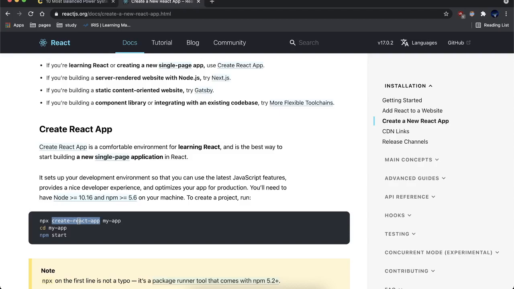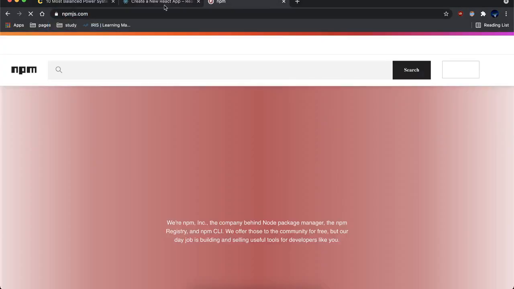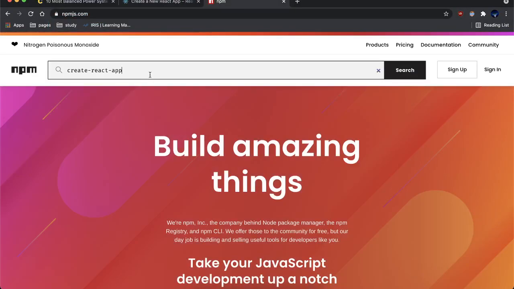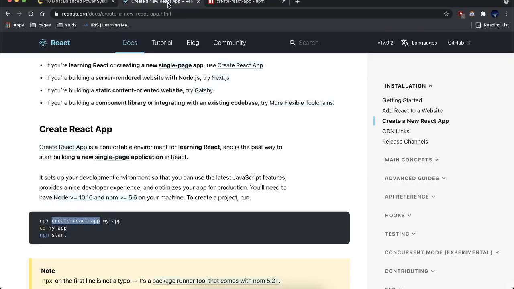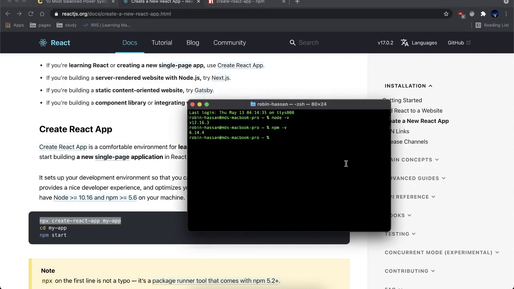If you have an old version of npm, I can show you, you can go to npm.js and see that create-react-app is already there. I would recommend you to use npx, so you don't need a global installation. You can go to your folder and create an application. Let's say we name the directory react.js,